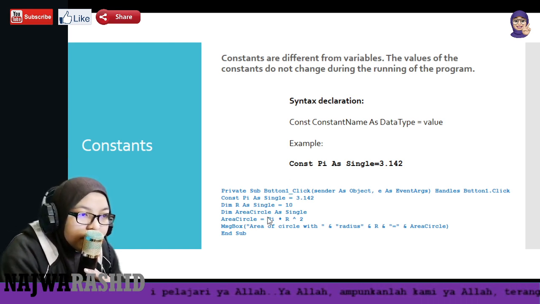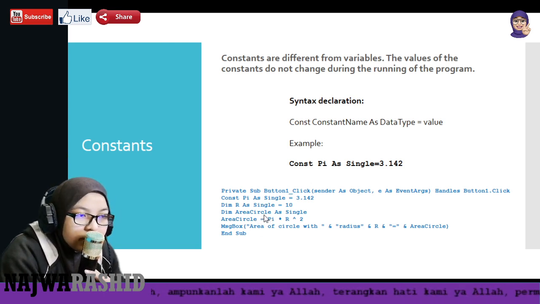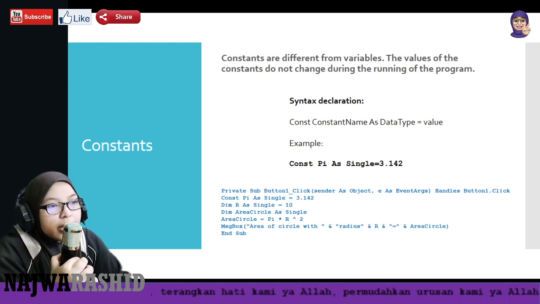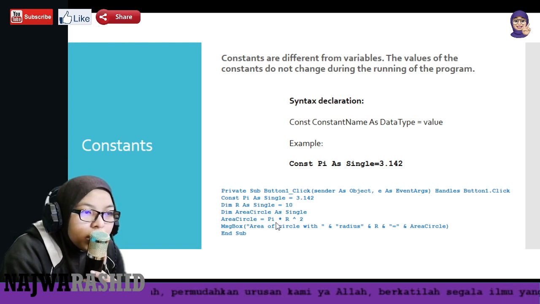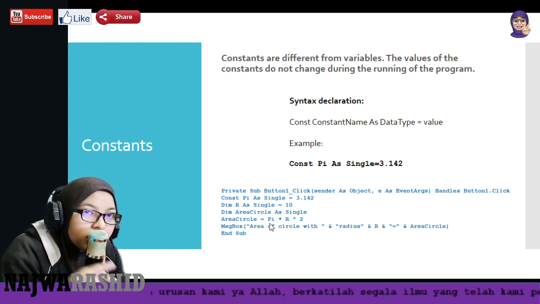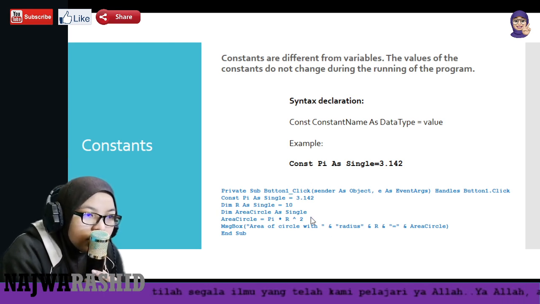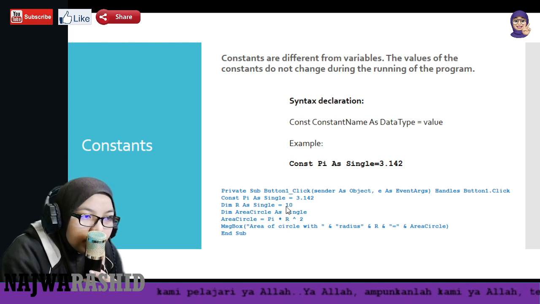Then you declare another variable, r, As Single equal to 10, and another variable, areaCircle, As Single data type, and then you do the calculation. areaCircle equals Pi, which refers to your constant 3.142, times, using the asterisk here, r, which refers to the value of 10 here,